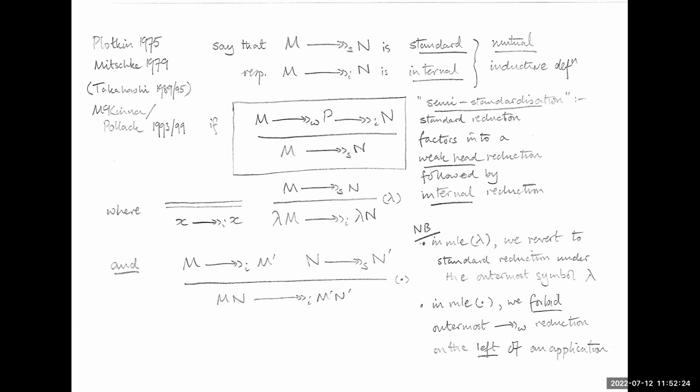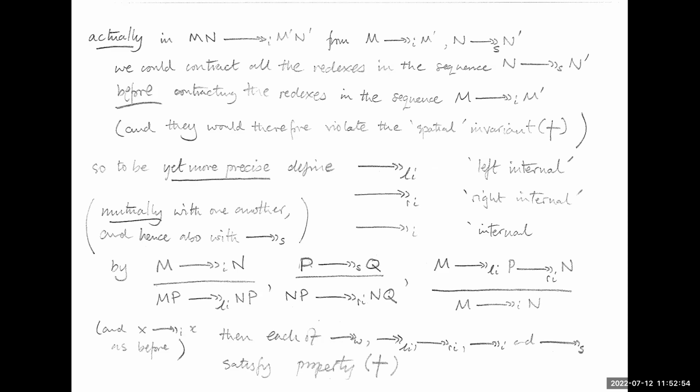Because I bet you when you saw that rule, you thought, first I reduce n, and then I reduce n, and then I can conclude. But derivation trees are magical mobiles, and we can permute the premises when they're independent. And if we permute the premises of those rules, then we violate the spatial invariant. So if we really want Plotkin's construction, we need to be sharper still and say, first we do the left, and then we do the right.